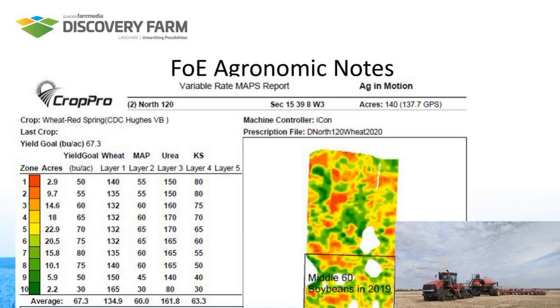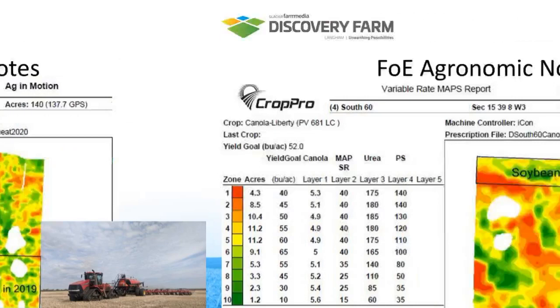So we have our 10 zones on the left, and then we had our wheat seed and 3 fertilizer blends where we did variable rate application of those 4 layers. So wheat seed in pounds per acre, and then 3 fertilizer blends, monoammonium phosphate, urea, and a potassium sulfur blend. And I just want to acknowledge, again, thankful for the partnership of Vaderstad Industries, who provided this seeding equipment for this project.